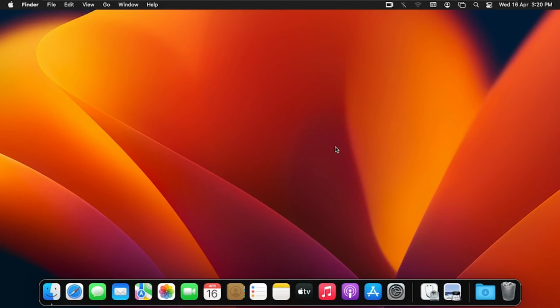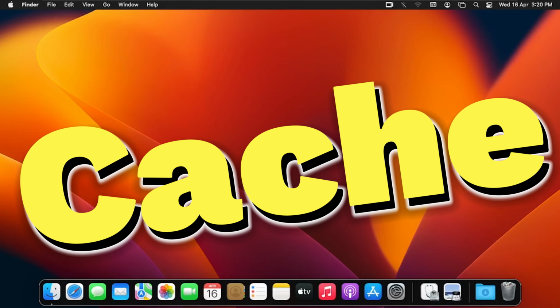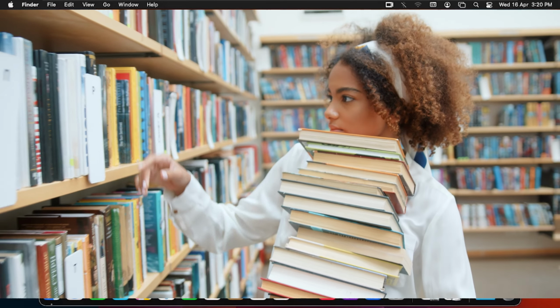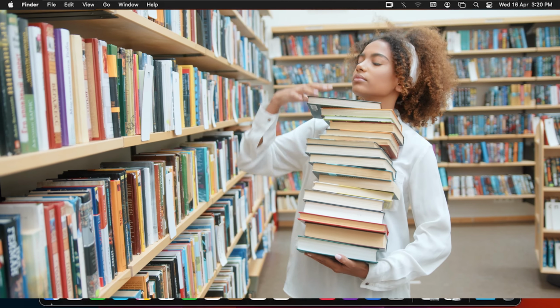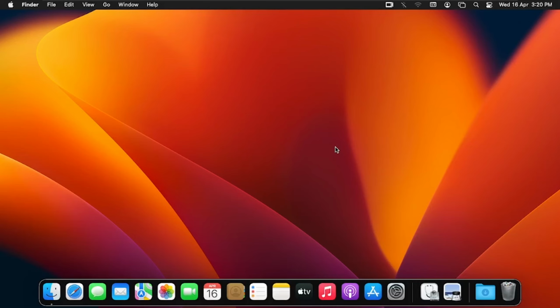macOS stores temporary files called cache to speed things up, but over time these files can pile up, cause issues, or just eat up your space. So in this video, I'm going to show you how to safely clear macOS cache files and speed up your